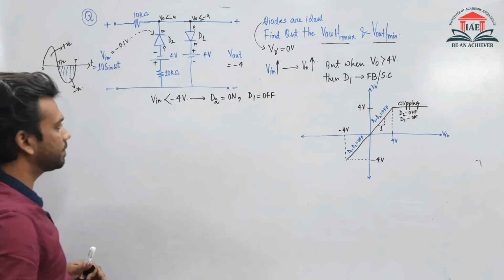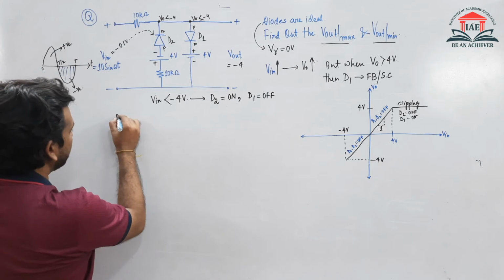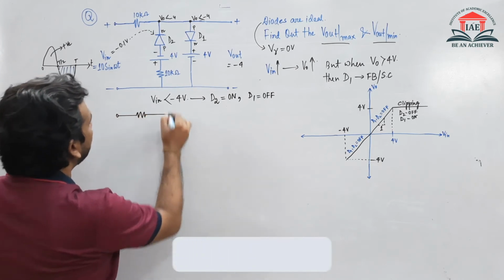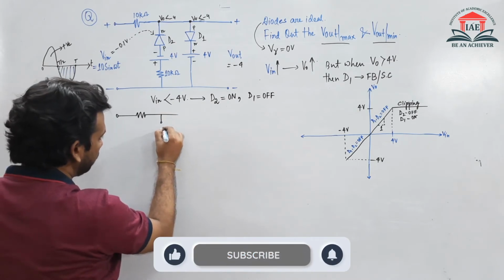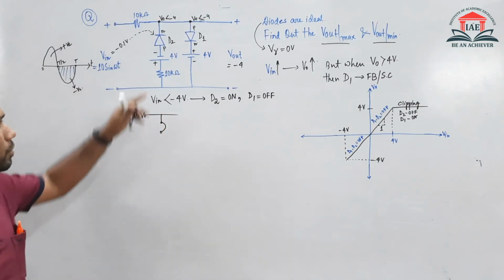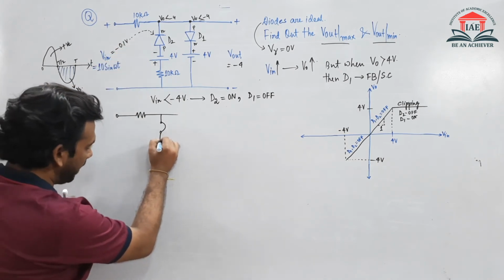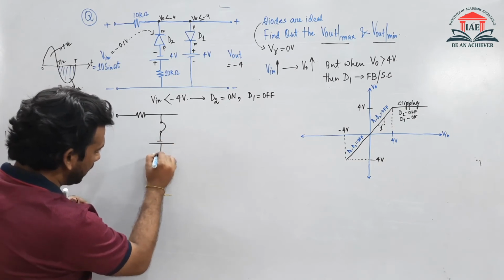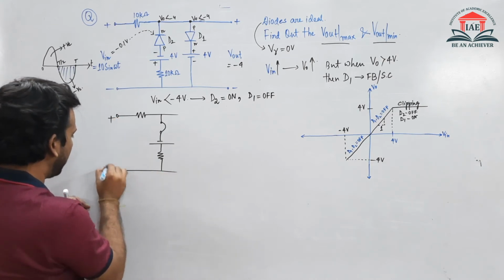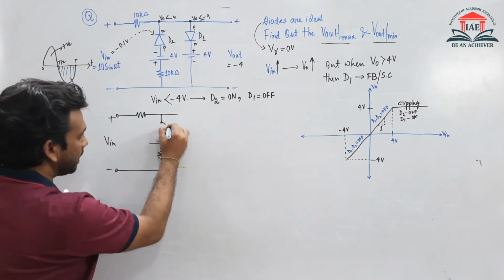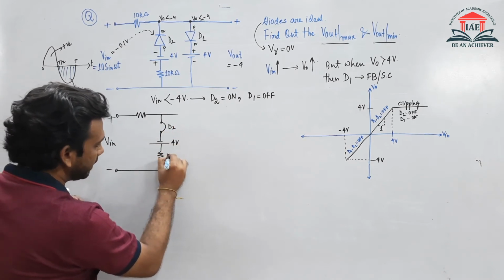So if it happens, then what will be the equivalent circuit? So equivalent circuit मैं ड्रॉ कर सकता हूँ कुछ इस तरीके से कि यहाँ पे मेरा 10 किलो ओम था और यहाँ पे मेरा D2 डायोड ऑन हो गया है. So D2 डायोड अगर ऑन हो जाता है तो ये मेरा शॉर्ट सर्किट से रिप्लेस हो जाएगा. तो शॉर्ट सर्किट से अगर रिप्लेस हो जाता है तो यहाँ पे -4 आएगा, 10 किलो ओम आएगा. And this is the input that we have applied. So this was the D2 diode, this was 4 volt and this is 10 kilo ohm.